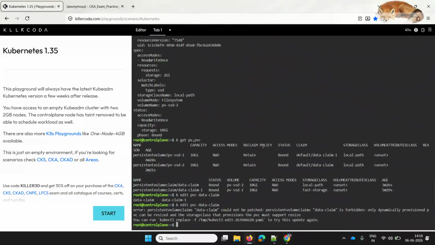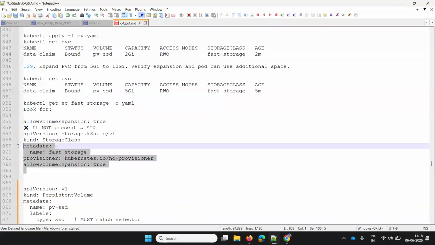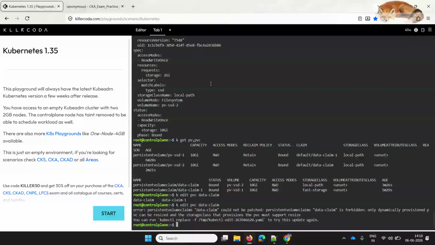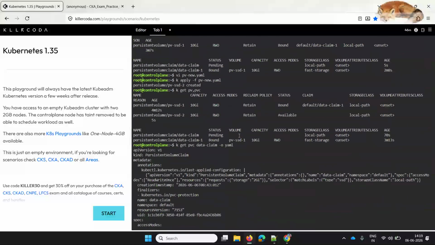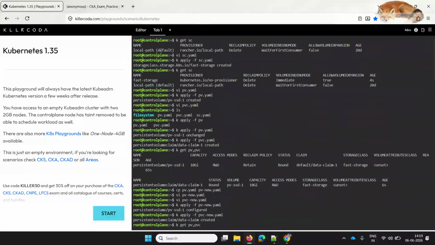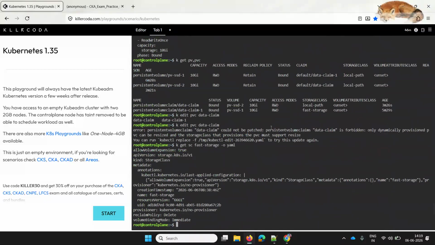So if you can see our service, okay, 1 minute. Yeah, so this is a storage class YAML I have used. If you inspect it, I mean, if you do k get sc fast-storage -o yaml, here if you see, allowVolumeExpansion is true, right? This attribute should be true. For the local path storage class, this is false. So that's why in static provisioning it is not allowing the request to be increased dynamically, which is what the error is telling.